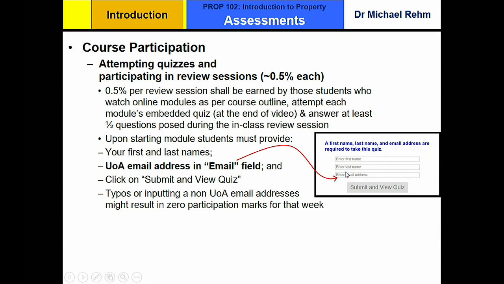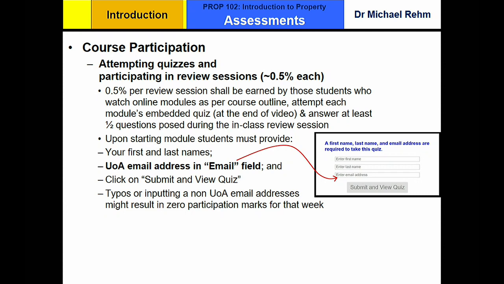And then the absolute critical thing is the email address, okay? That has to be your University of Auckland email address. Particularly the first part, which is your UPI, has to be typed correctly. You screw that up, I've taken a former student of mine, he's a whiz-bang person with computers, and he made software, a little Java program. And I use his software to process all the data in my courses.